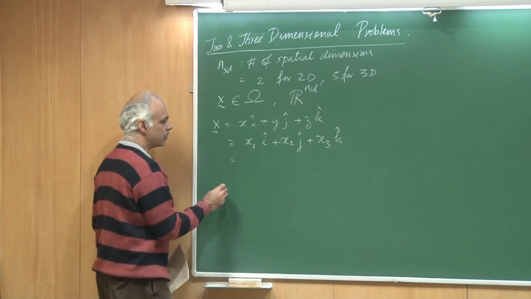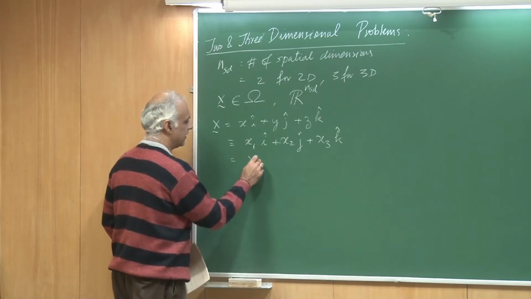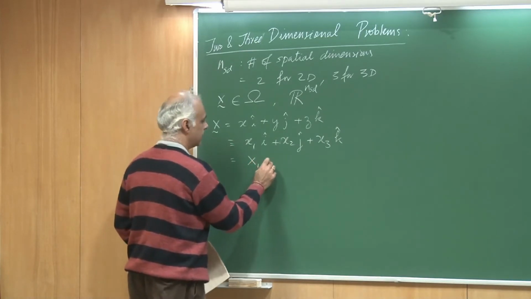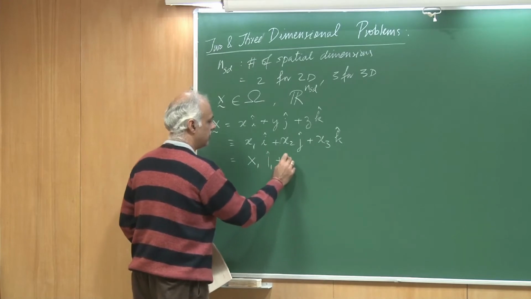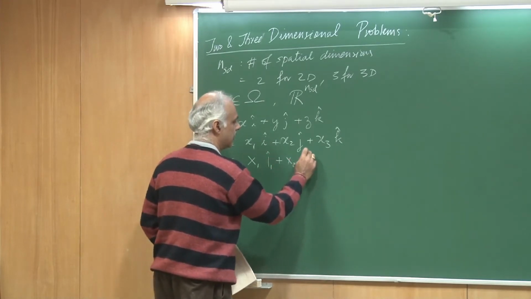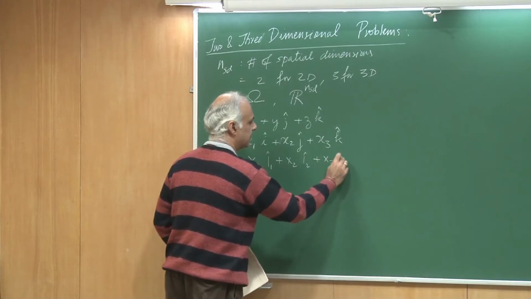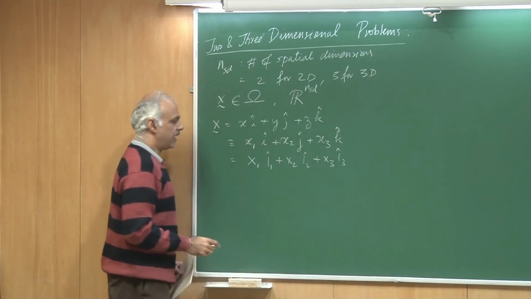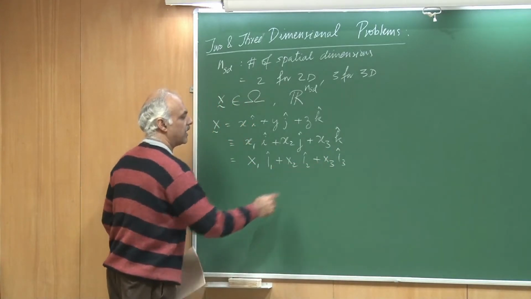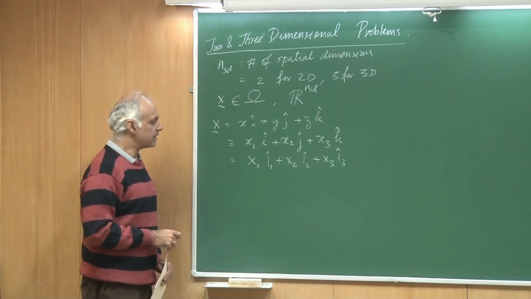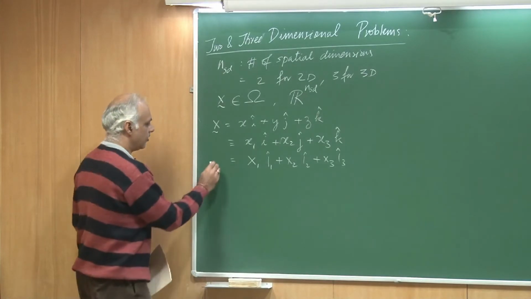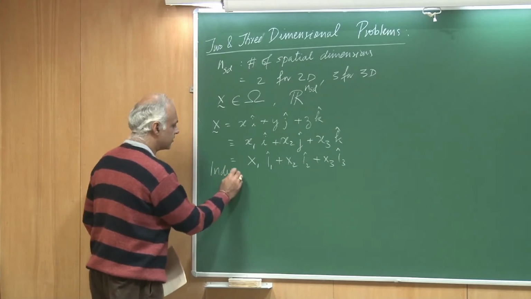Or I could also write this as x1 i1 plus x2 i2 plus x3 i3, and i1, i2 and i3 are the unit vectors along the 3 directions. So I'll use something called the index notation,